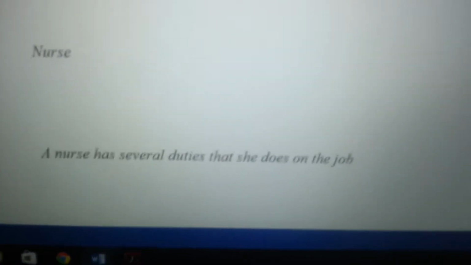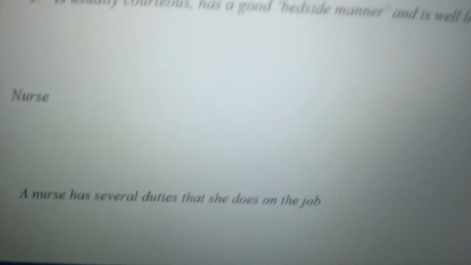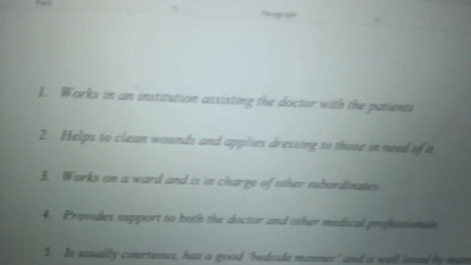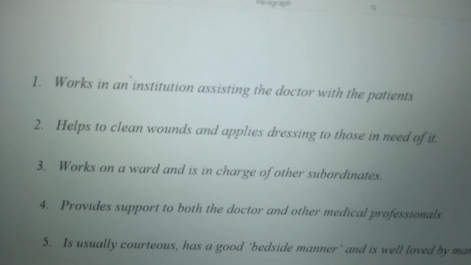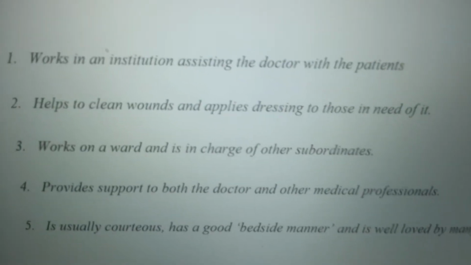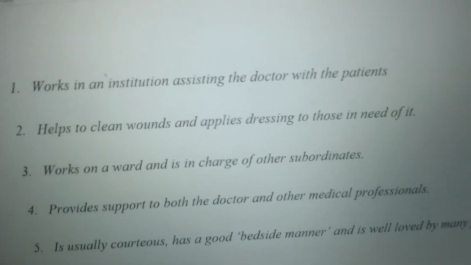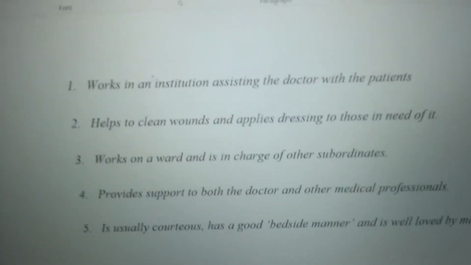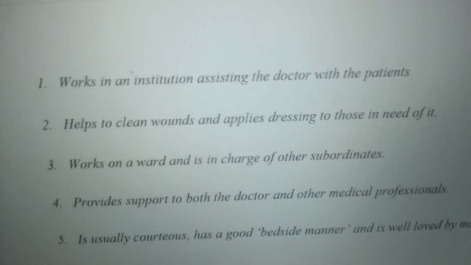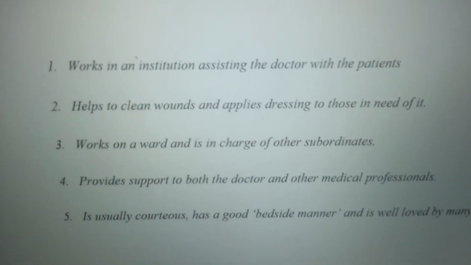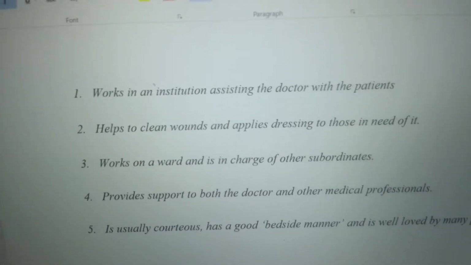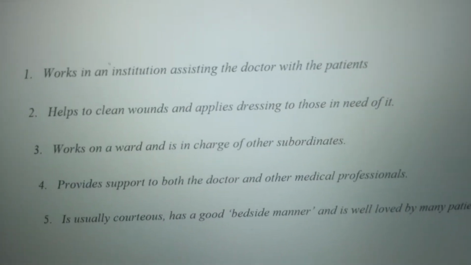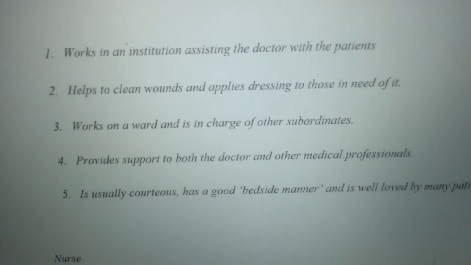Now I'm trying to keep this as simple as it's humanly possible. Now when you have your topic sentence, what you're going to do, you're going to go back, you're going to look at each phrase or each small sentence, and you're going to lengthen those sentences by adding certain keywords. So your rationale begins, a nurse has many duties that she does on the job, full stop. Then going on to this other sentence, you may say she works at an institution assisting the doctor with patients. You may add words like